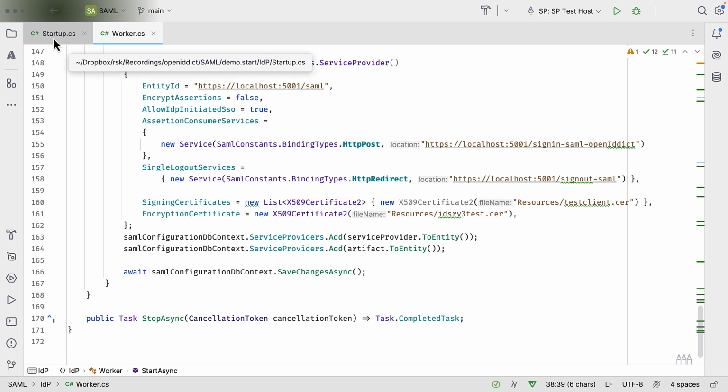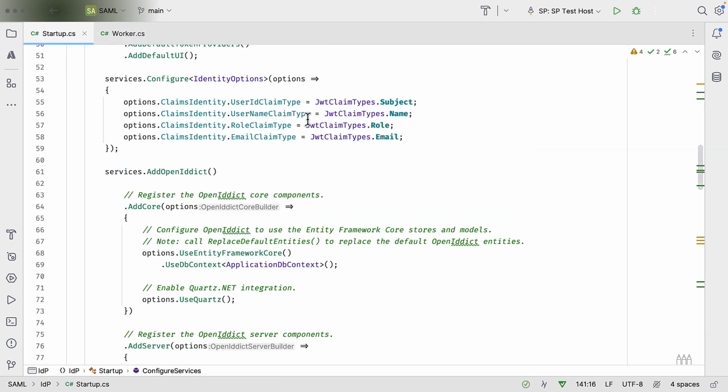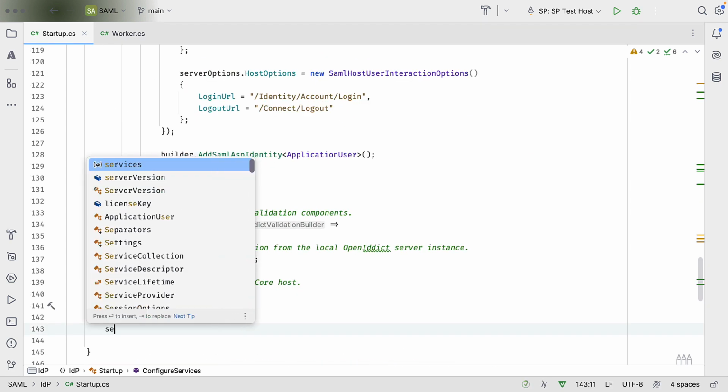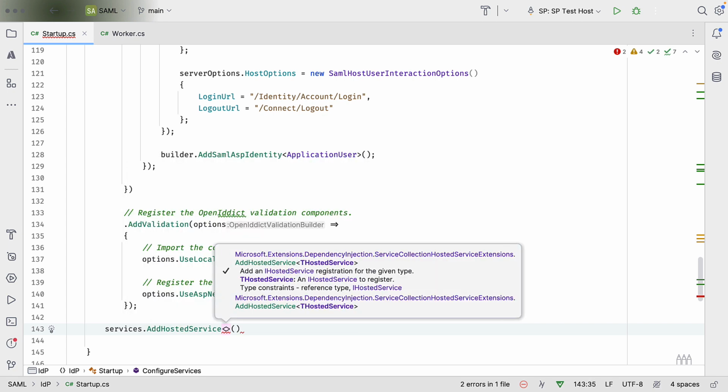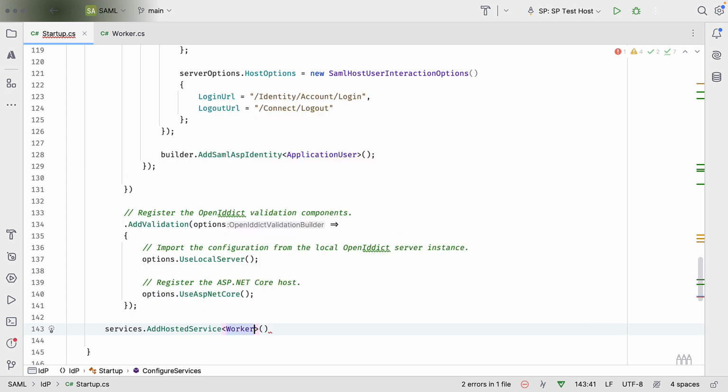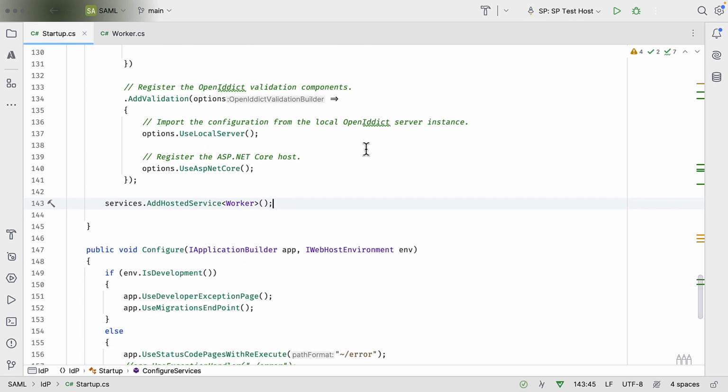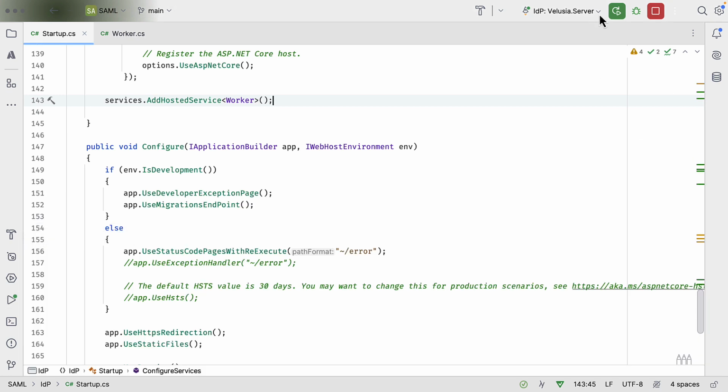So to use this worker.cs, back in my startup code where I configure my OpenIddict service, I call services.AddHostedService. And the hosted service we are adding is this worker service. So that service will run at startup, and when it runs, it will initialize the database. So with all of that in place, with migrations having run, I can now run this IDP. Once the IDP has started, I can run my